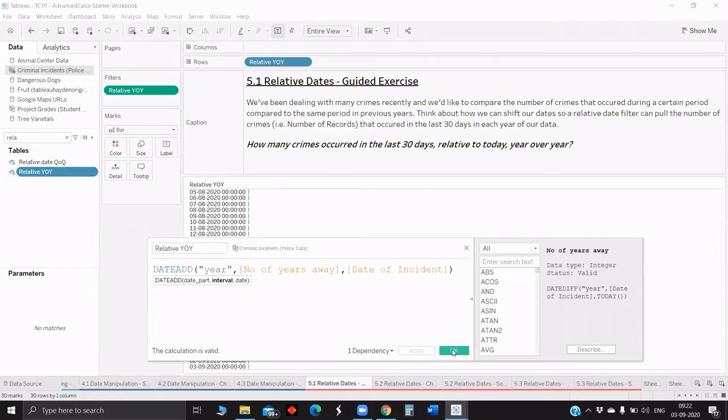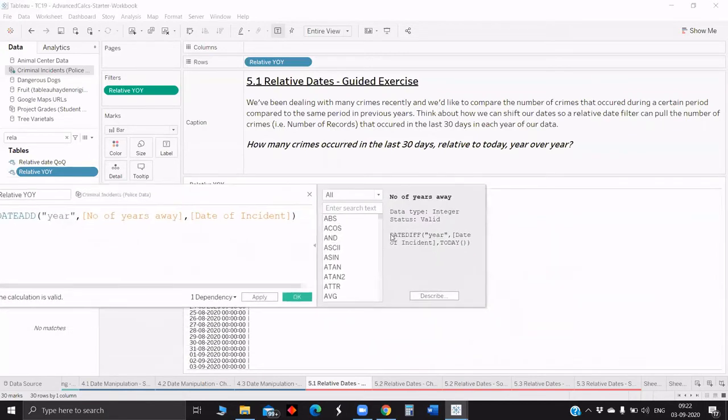Okay. So the date of incident, number of years away is another calculation that you have done, right? Yeah, a calculated field. And what is that showing? Number of years away shows the date difference here, date of incident to today.